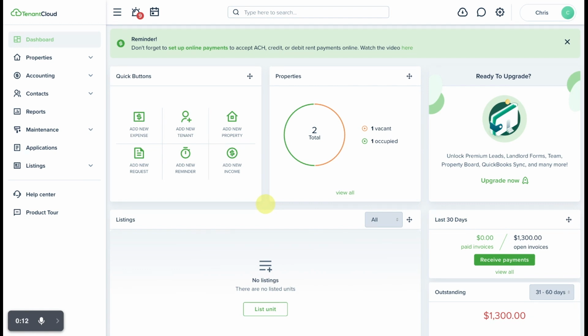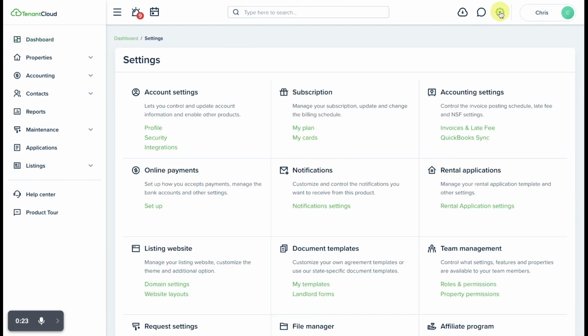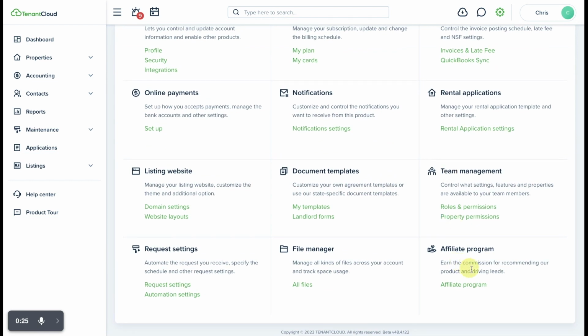In today's video, I am going to show you how to participate in the TenantCloud affiliate program. A lot of TenantCloud users tend to refer people that they know in the industry to the TenantCloud platform to manage their own rental properties. And as a way to say thank you and compensate you for those referrals, we have launched an affiliate program